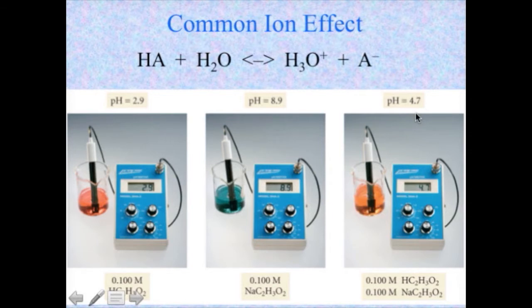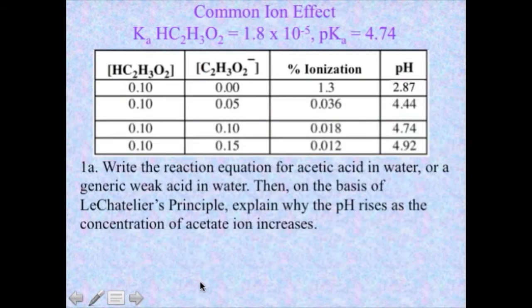So that's the common ion effect. Here's a table showing various amounts of acetic acid and the acetate ion mixed together, and what the percent of ionization calculates to be and what the pH calculates to be. To practice your skills, we want you to try and come up with these numbers of percent ionization and pH